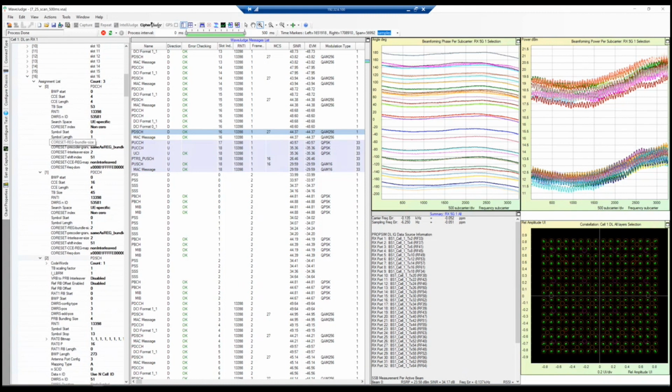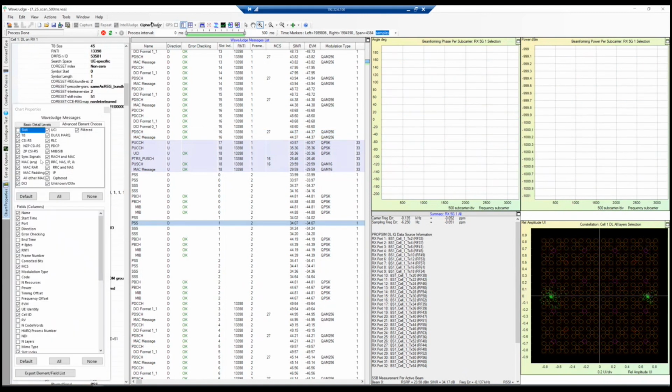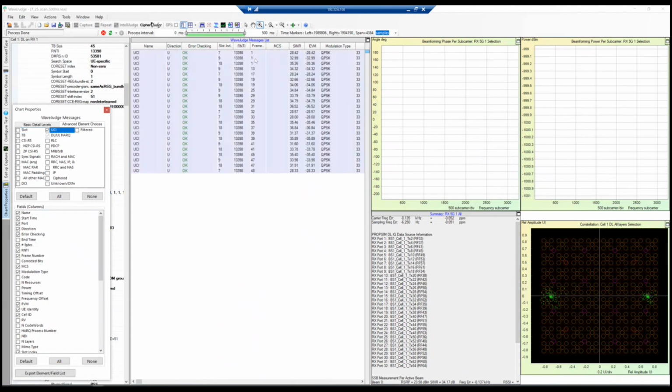For that one, we can just go here. For example, there's a lot of messages, so to filter out the UCI, you can just go to chart properties here and choose only the UCI. Once we have this UCI, you can just click on the UCI, for example, this one,